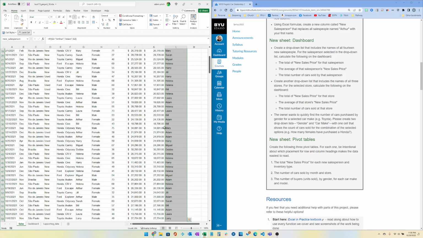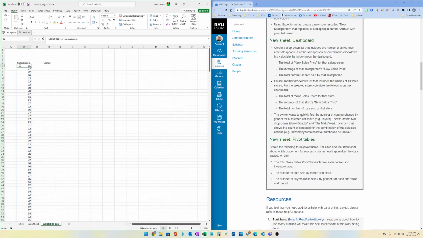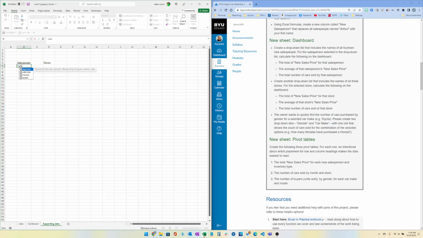New salesperson. Supporting data. Oh, it says Unicode. Look at that. Equals unique. It changed functions on me. I need unique, not Unicode, from the new salesperson. There we go. Now, many people have said, yeah, but I don't have the